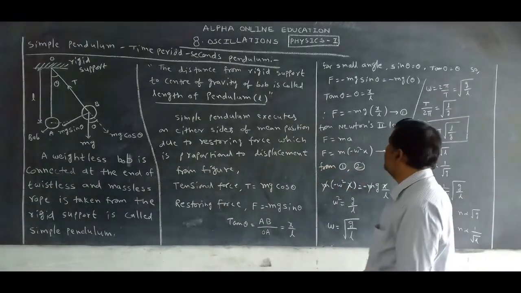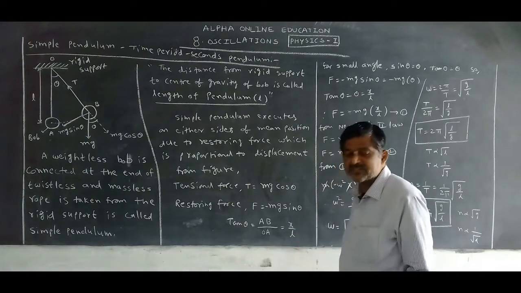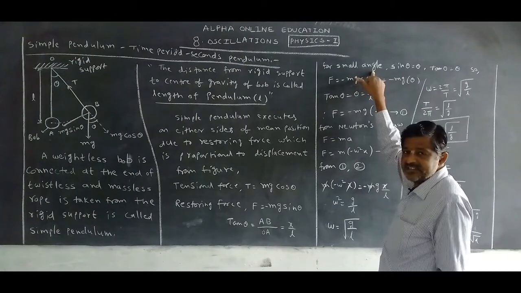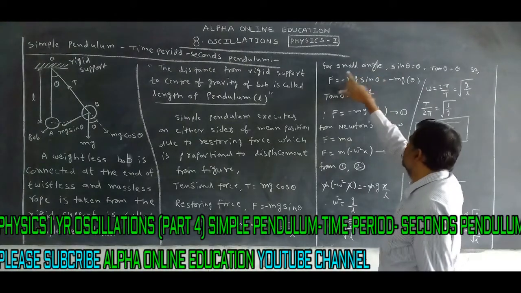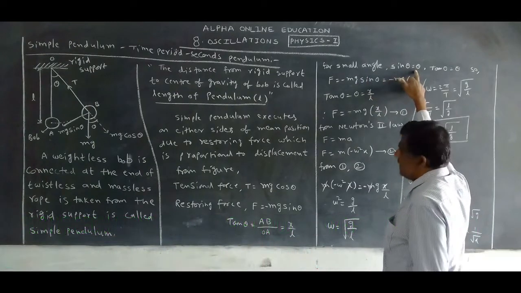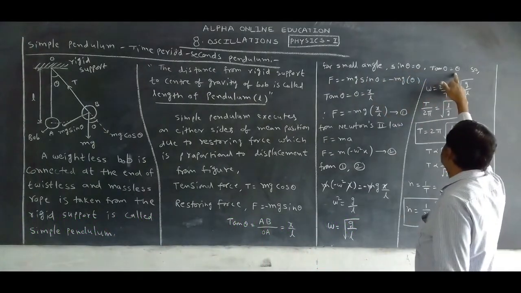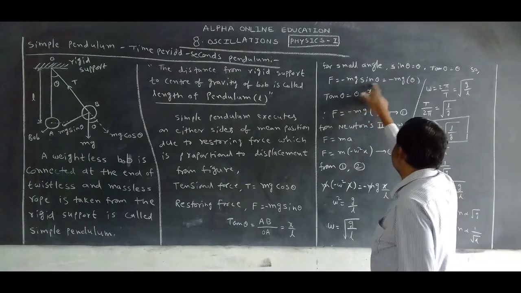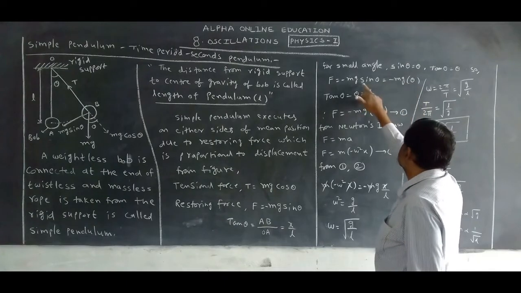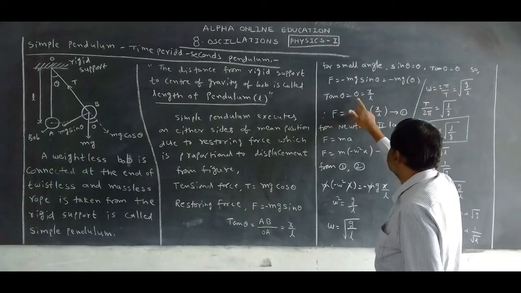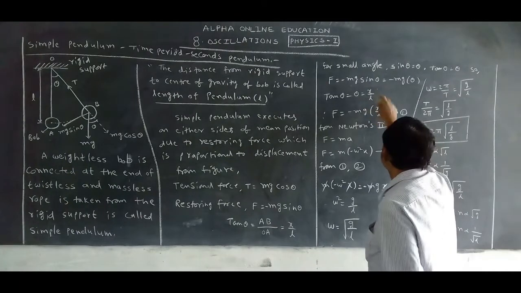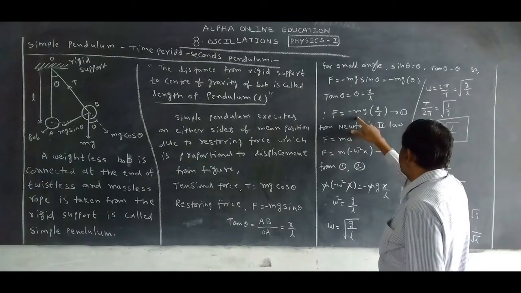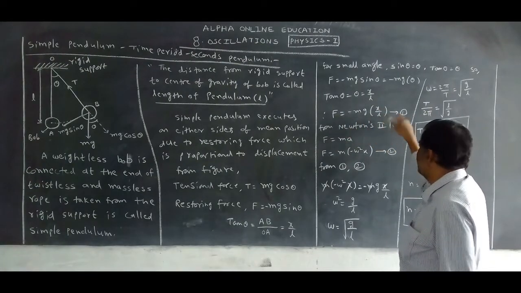Okay. If the angles are very small, we know the condition for small angles. This is the condition we studied in 10th class mathematics. For small angles, sin theta is taken as theta and tan theta is also taken as theta. So my F is equal to minus mg sin theta, with sin theta taken as theta. Tan theta, taken as theta, is equal to x by L. Substitute theta is equal to x by L here. Means F is equal to minus mg x by L, equation 1.